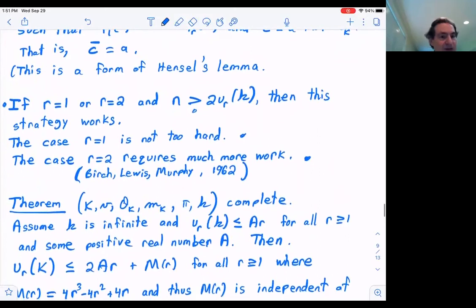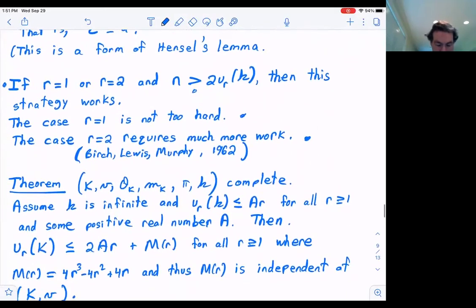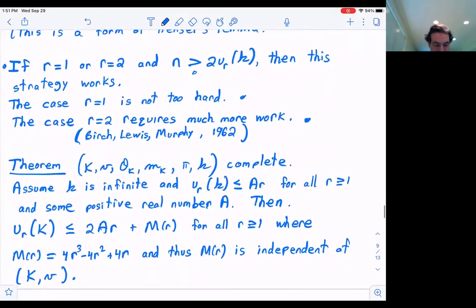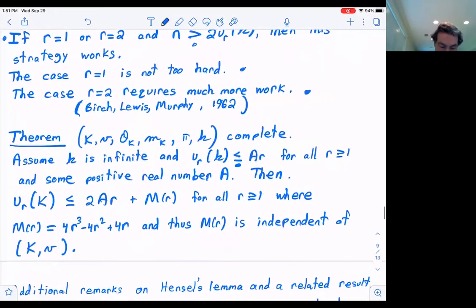Here's an example of a theorem I proved. Suppose we have a complete discretely valued field. Assume the residue field is infinite. Assume we have this inequality for all r greater than or equal to 1 and some positive real number a. Then we have u sub r of k is less than or equal to 2ar, which is what I want, but I'm adding something, plus m of r for all r greater than or equal to 1,